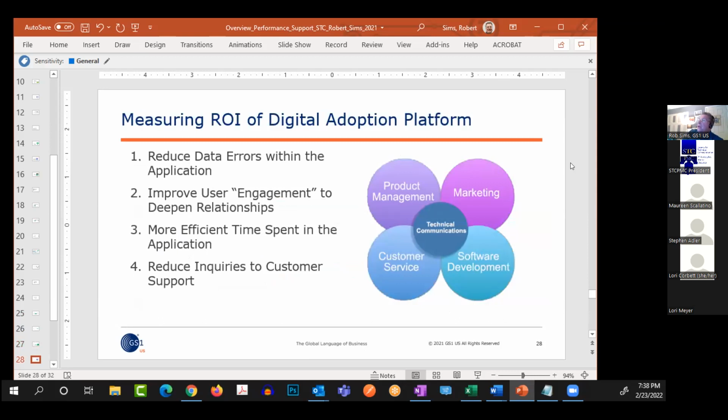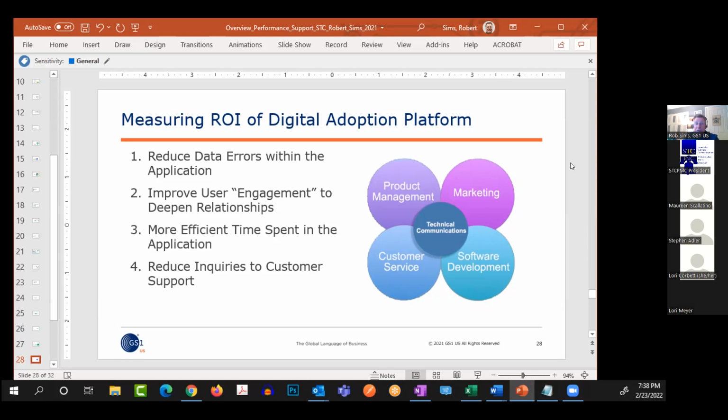Okay. And then I think the last piece of this is really about the business case, and why someone made a really strong case before I got there for a digital adoption platform. And again, back to this idea that technical communication is sort of that bridge, or the conduit really, between these 4 groups, is when there was a business need that we need to reduce data errors that users are making in the application.